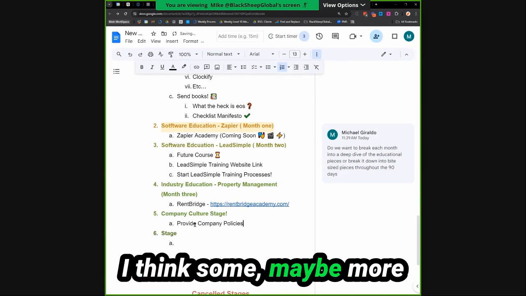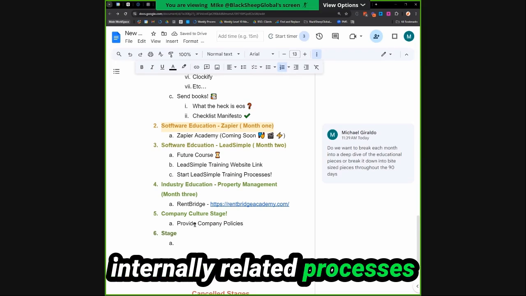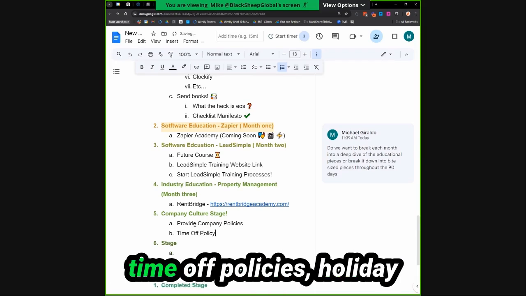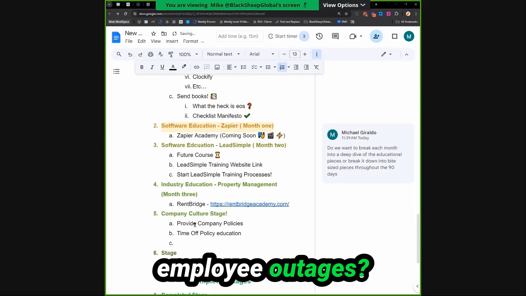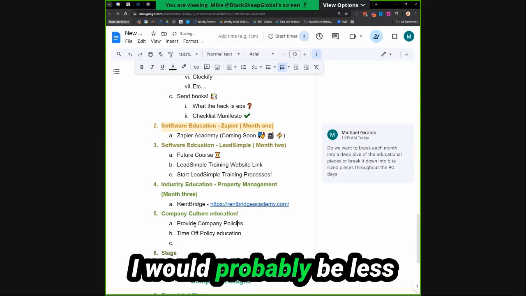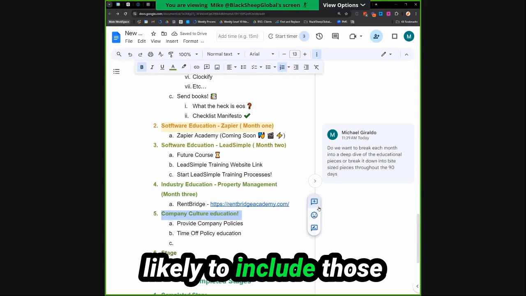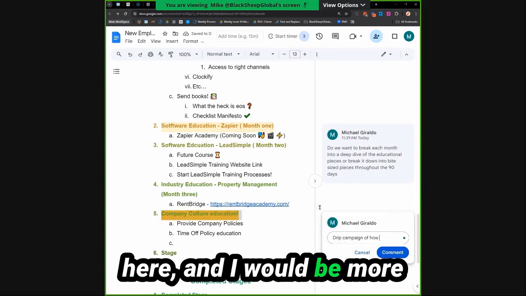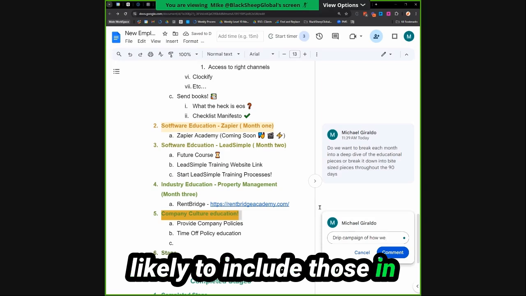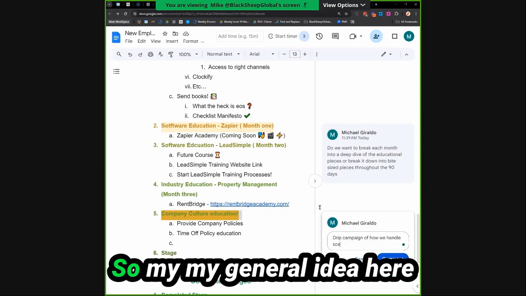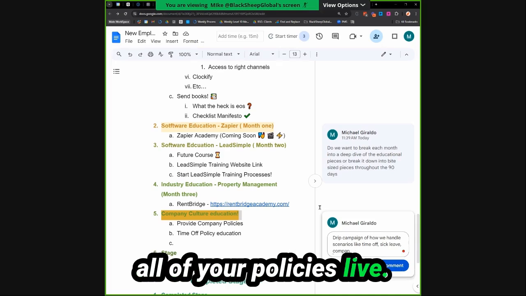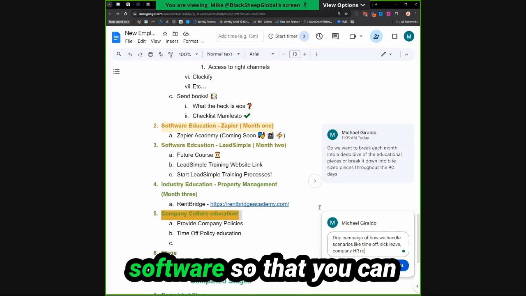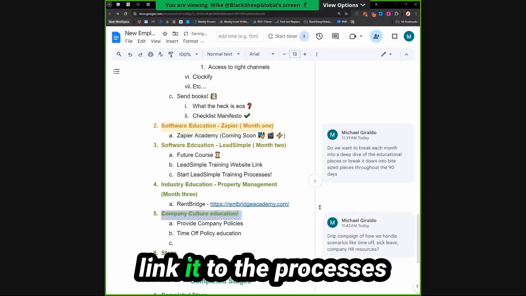I think some more internally related processes could definitely live here, like you mentioned, time off policies, holiday policies, how do we handle employee outages? More operational policies, I would probably be less likely to include here, and I would be more likely to include those in the processes themselves. So my general idea here is that it's best to have a company wiki where all of your policies live, but to set up that wiki in a software so that you can link it to the processes